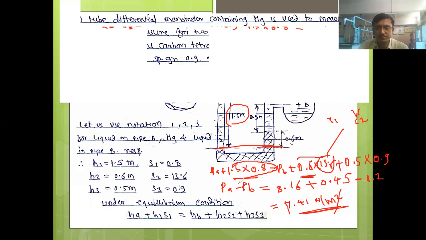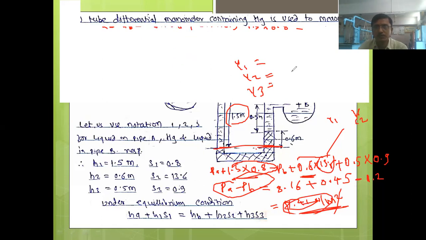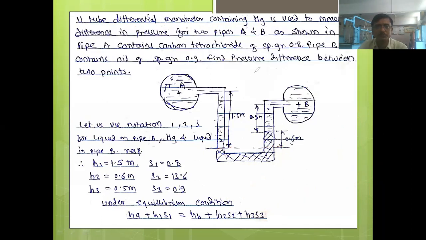So to use this PA minus PB method, we need to find out the gamma 1, gamma 2, gamma 3 values, right? That we have not found. We directly took S1, S2, S3, so in this way you will get the wrong answer. I will make it clear. First of all, those students who have used this method, try to find out gamma 1, gamma 2, and gamma 3 values, and then go for that method.